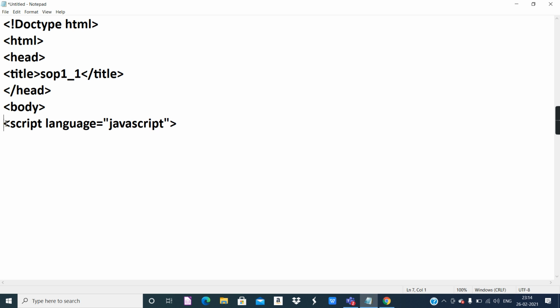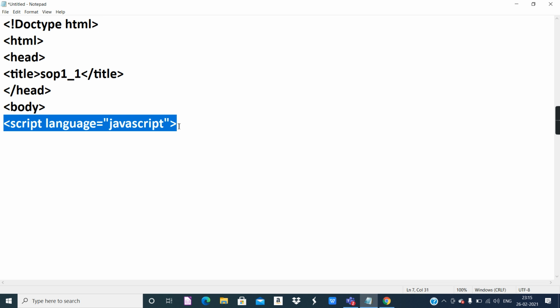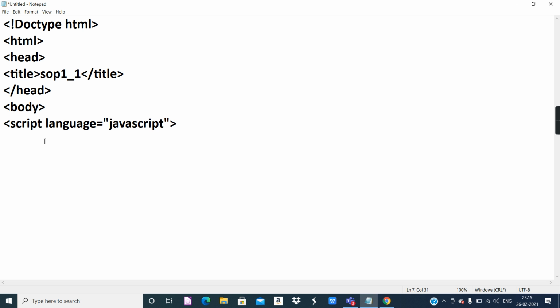So you can see this is also an HTML tag because it is surrounded in angular brackets. Anything surrounded in angular brackets is HTML tag. That means each and every tag is a command to the web browser. This script tag is a command to the web browser. That means after this, whichever lines we are having, they represent JavaScript scripting language, not HTML language. It means that we are informing the browser that from this point, the scripting language is going to change from